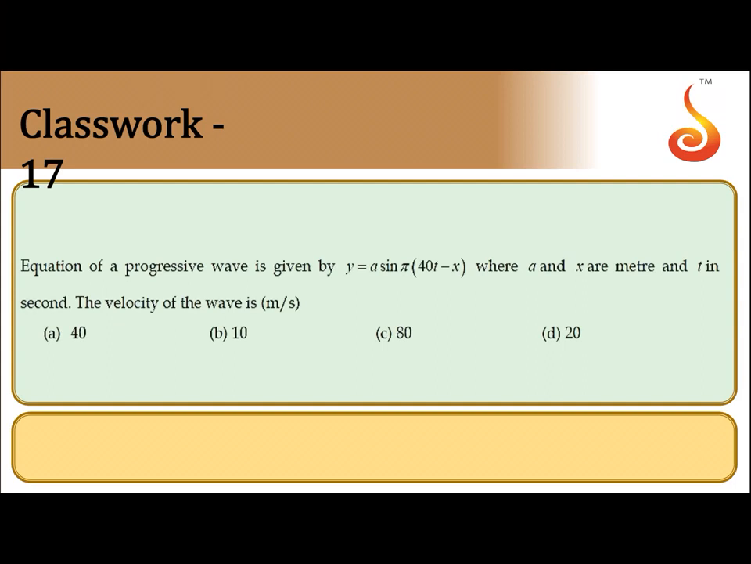Yes, we shall move on to next one. Equation of a progressive wave is given by y is equal to A sine of pi into 40t minus x, where A and x are in meters, t is in second. Then velocity of wave is, see, given equation is y is equal to A